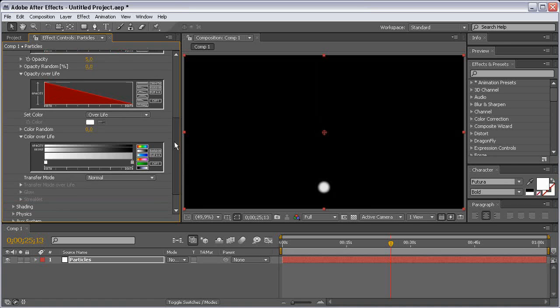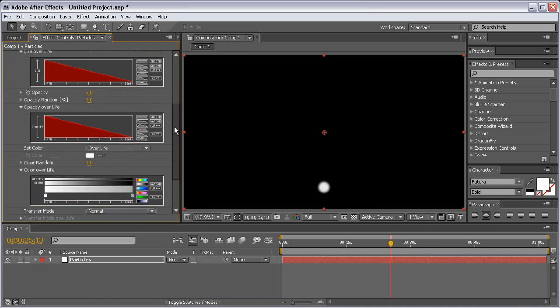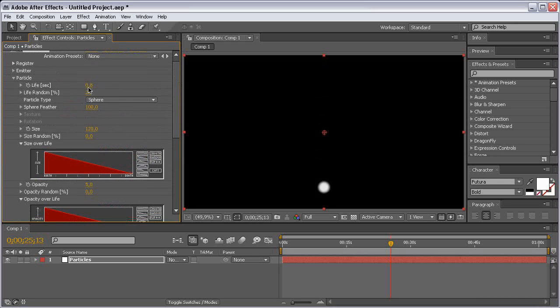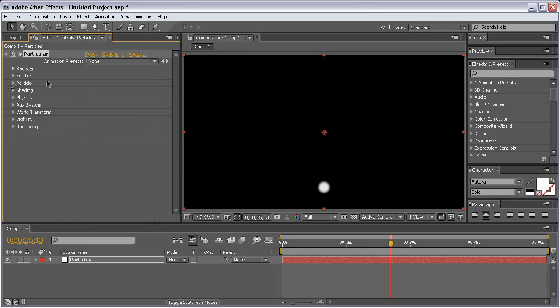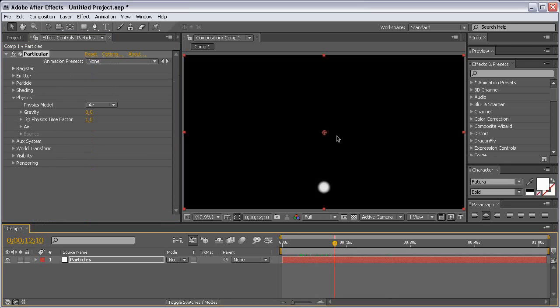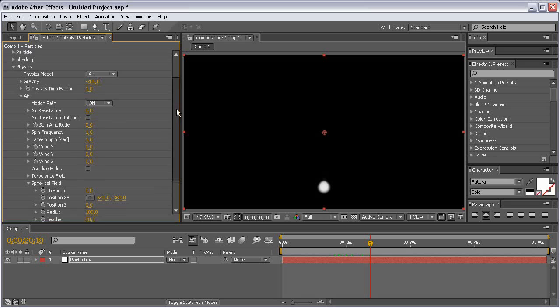And let's move on to the next section. I think we are done with the settings here in the particle tab. Collapse this and let's open the physics section. Here we are going to create the movement of the particles. So first of all, set the gravity to -200, so our particles rise up a bit, and let's open the air tab and let's see,